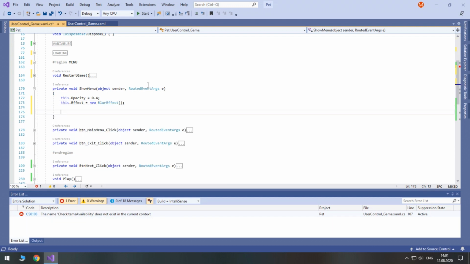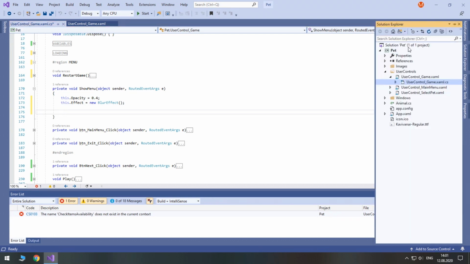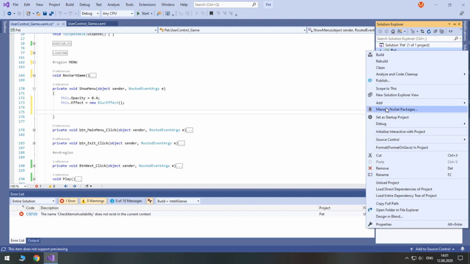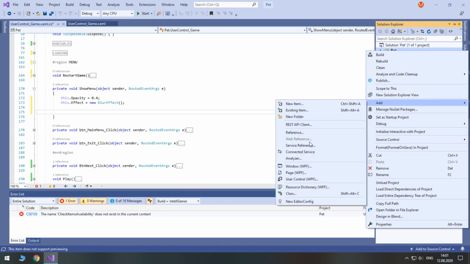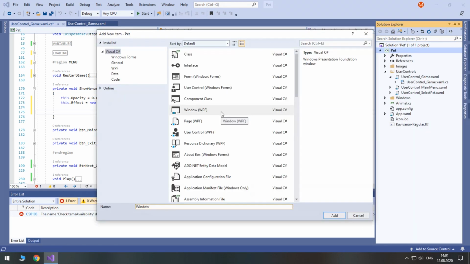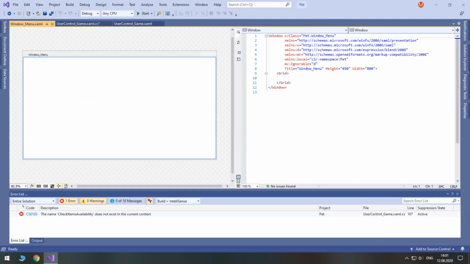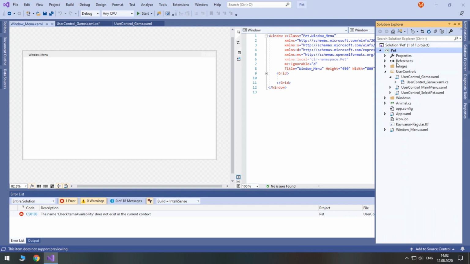Then we will create a new window for the menu, which can be accessed while we are playing. So add a new window. Let's call it WindowMenu. We will not work with it in this part, so let's move it to the folder Windows.